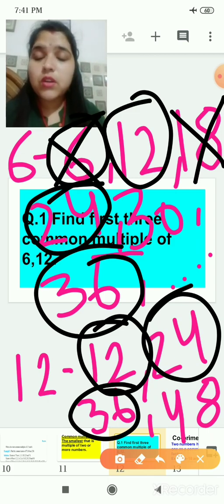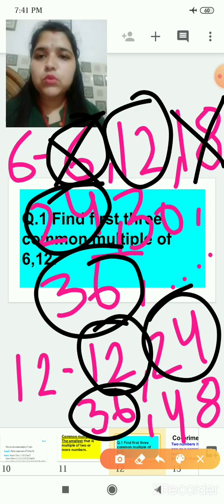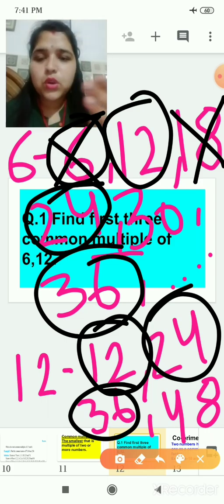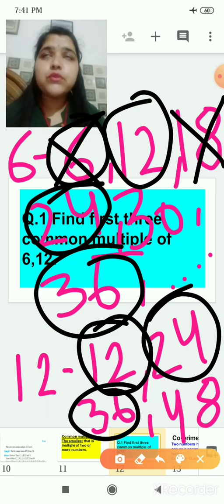You can proceed more because space is not here. You have to write the table up to 10. 6 10 is 60 and 12 10 is 120. Don't write the full table of 12, because we have to match. Since 6 10 is 60, you take the table up to the part where it is greater than 60, like 12 7 84. You take nearby 60 or 65 for the table of 12.